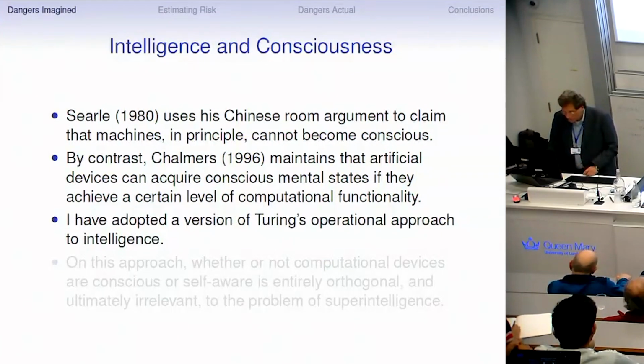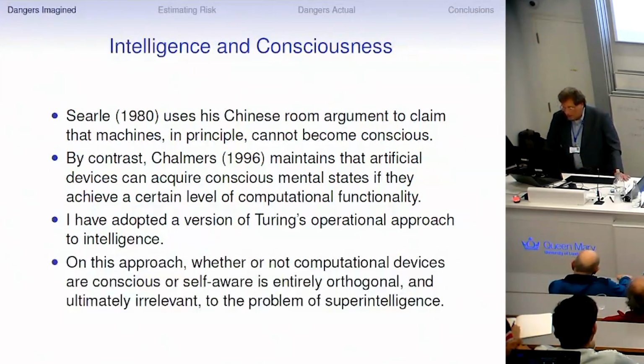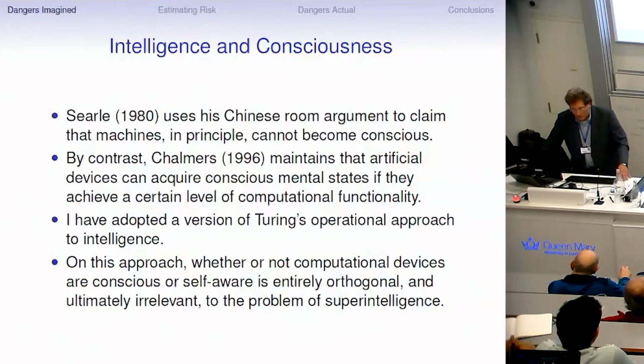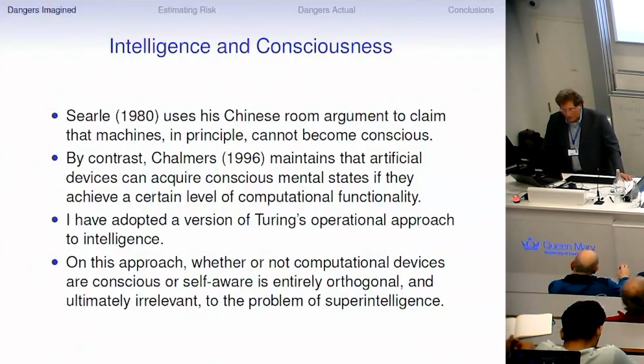On this approach, whether or not a computational device is conscious or self-aware or has internal mental states is entirely irrelevant. It's entirely orthogonal to the problem of superintelligence. There's no reason whatsoever to require computational devices to have internal mental states in order to credit them with intelligence, right? So I'm trying, in other words, to give the other side the strongest possible case here. We should not require internal mental states of computers as a condition for recognizing them as manifesting general intelligence, because